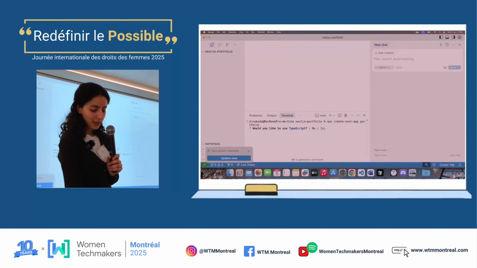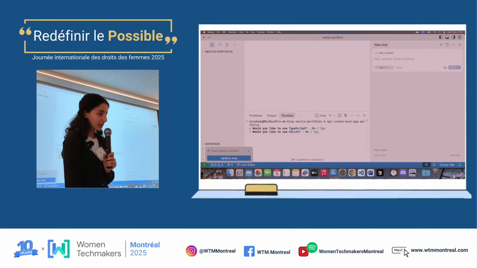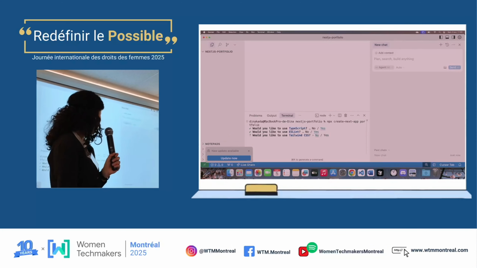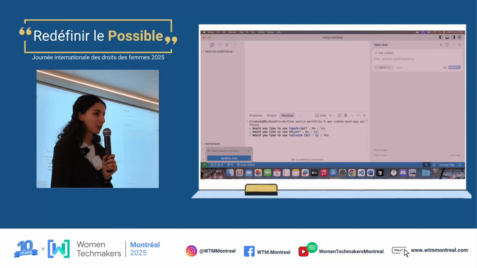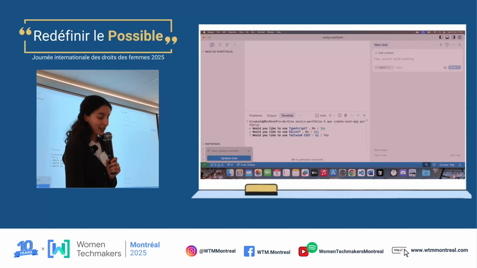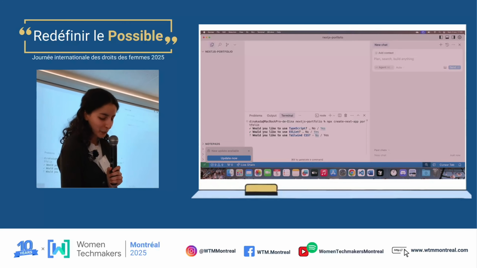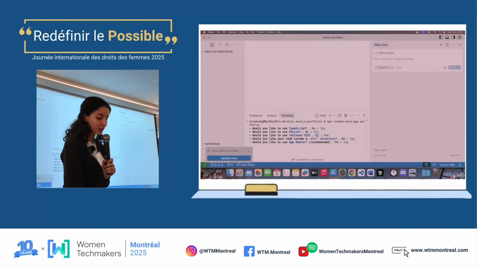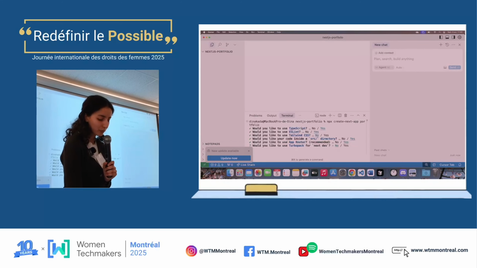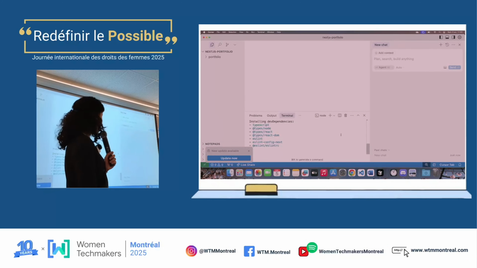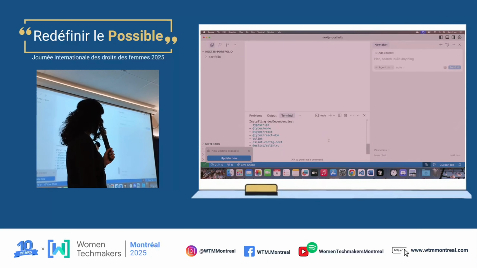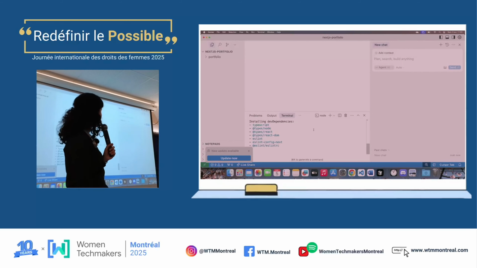So we want to use TypeScript. We want to use ESLint for proper code. This is where we're going to say no. By default, it's saying yes, but yesterday it said no. So we're not using Tailwind CSS today, unfortunately. And the rest, we're just going to say yes by default. I mean, whatever the answer is by default. Sometimes it's no. So now you can see that it's installing the dependencies that we need, and that actually the